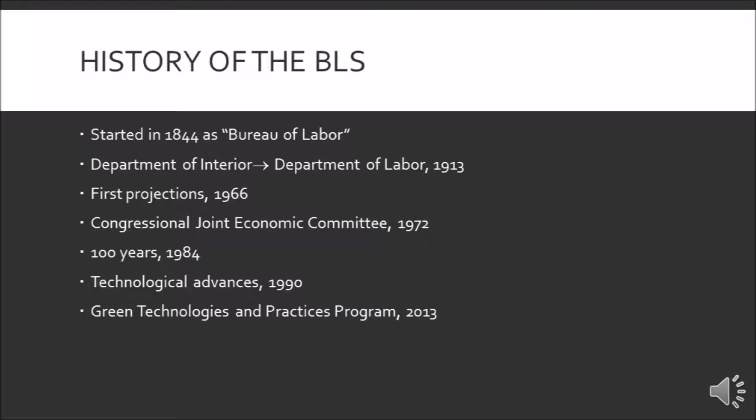And it wasn't just in the US. They wanted to get statisticians from other countries so that they could have a more well-rounded amount of data collected. When it started to grow and expand, they were able to also provide more services. In 1966, they did their first projections of the labor force, job opportunities, and production analysis. They also began reporting monthly employment status at the hearings of the Congressional Joint Economic Committee in 1972 so that they could better inform the public.